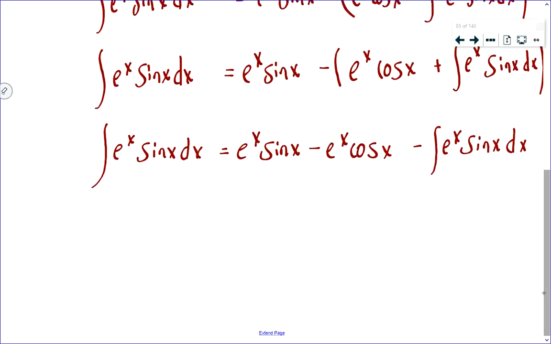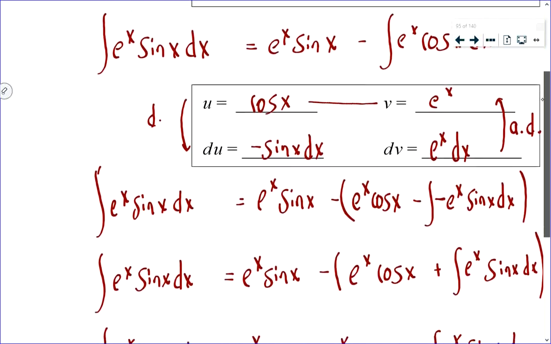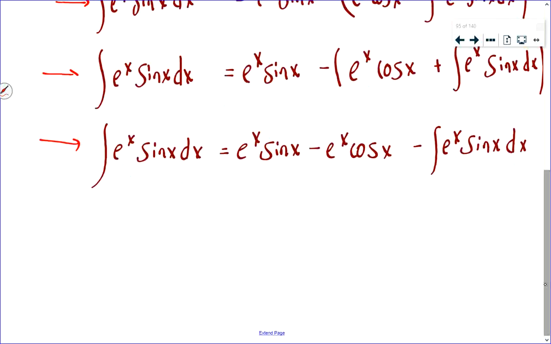The key is, and sometimes students get annoyed with me for this, I keep writing the integral of e to the x sine x dx equals. I keep writing this. This is what we want to find. And in this bottom equation, what I want to find is equal to 2 things minus what I want to find. Well, this means minus one of these, so if I add one of those to both sides, if I say I'm going to add the integral of e to the x sine x dx to both sides,